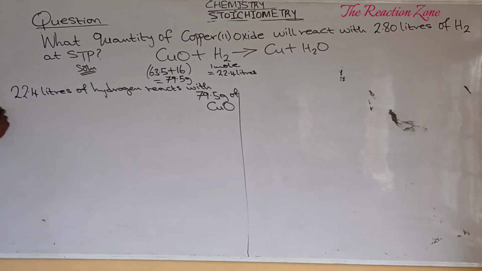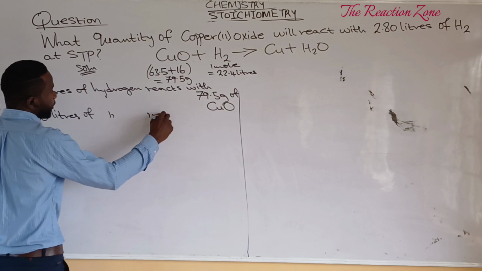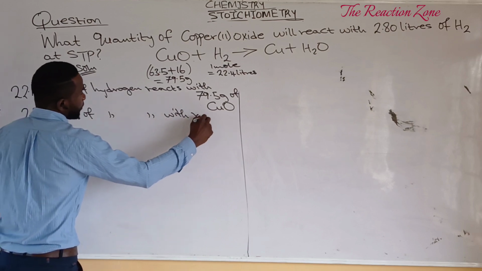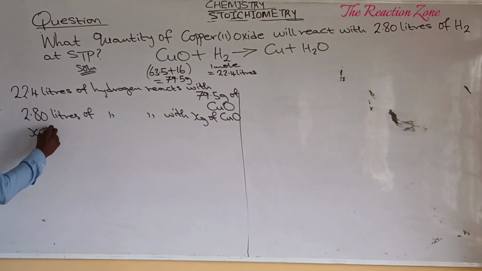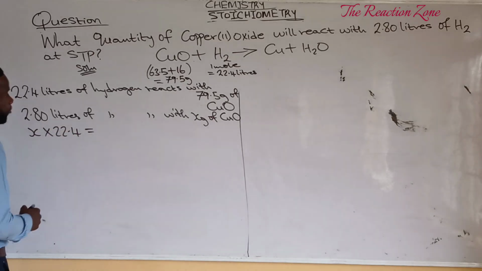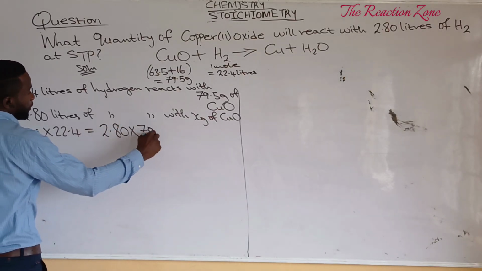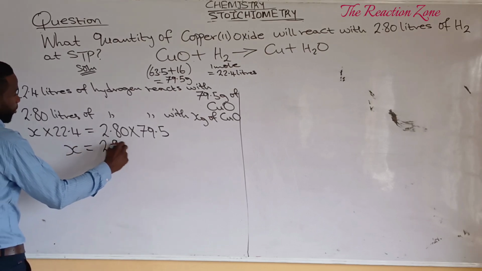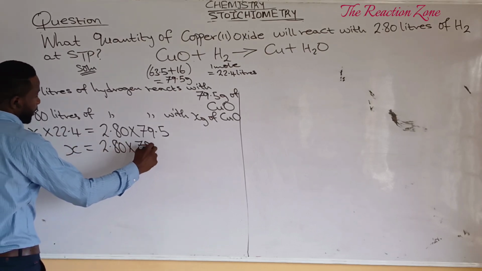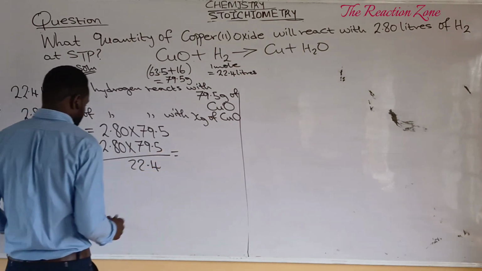So, we would say if 2.80 liters of hydrogen reacts with X grams of copper 2 oxide, we cross multiply. So that will be X times 22.4 is going to become equal to 2.80 times 79.5. X will be equal to 2.80 times 79.5 divided by 22.4, and this is going to give us